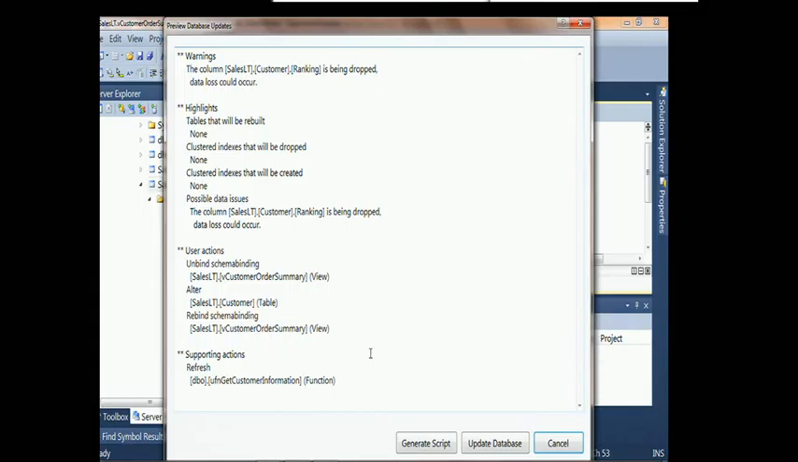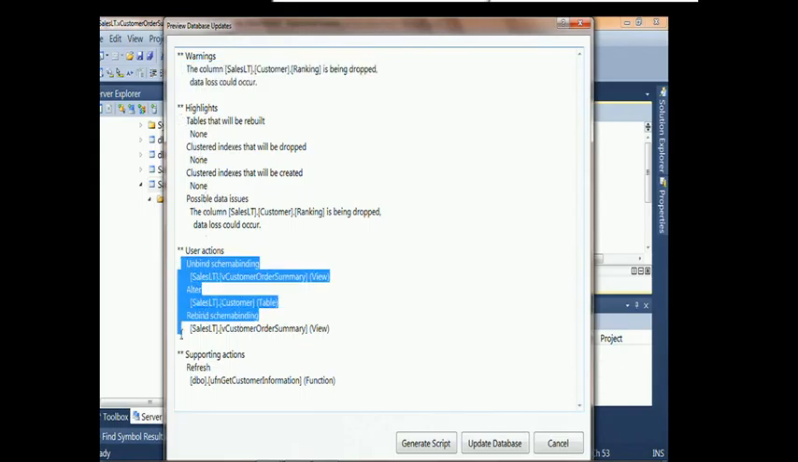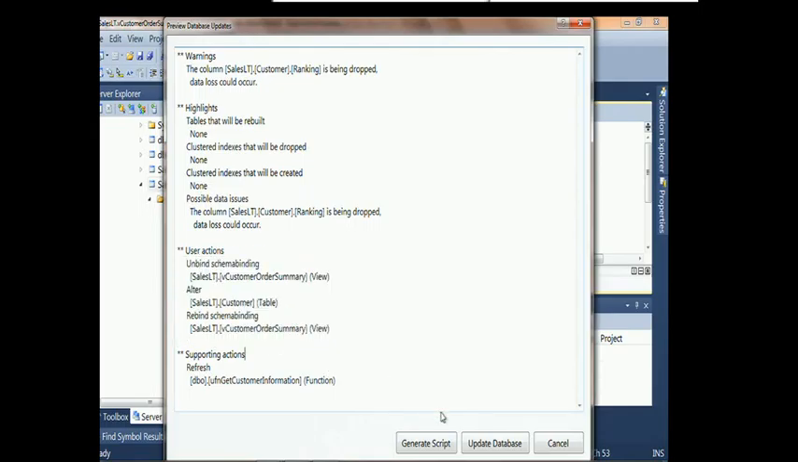So notice, again, the warning about data loss. Of course, this time we're kind of glad there's going to be data loss. We're getting rid of that crummy ranking column. No major concerns in the highlights, and then the work to be done here. We're going to unbind a view before we can make the change, and we have to fix up the view afterwards. So let's go ahead and, now at this point, we could trust the tool and just make the change,